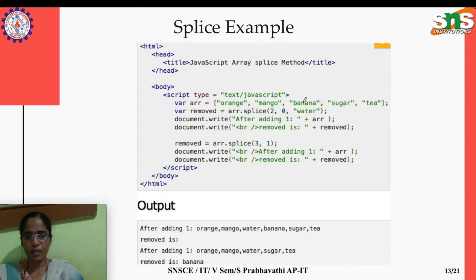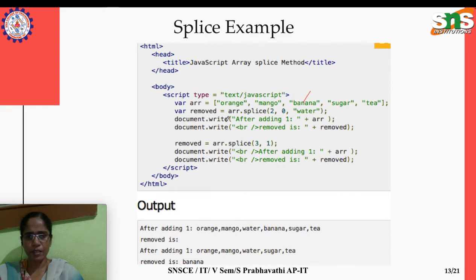Then 0 means we are not removing any elements from this array. And water, so we are adding this item at index position 2. That's the meaning of it.